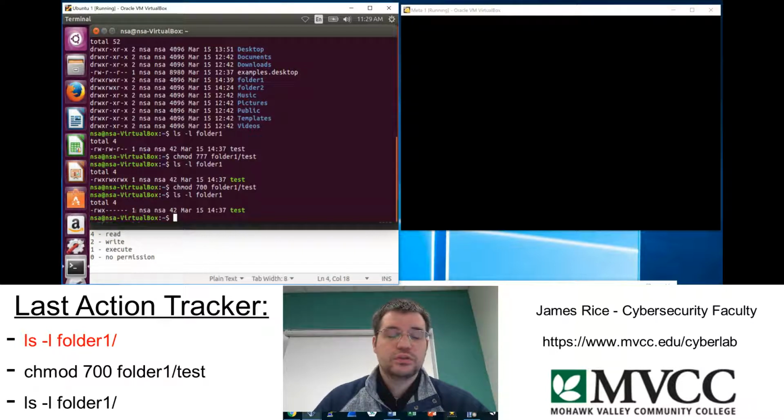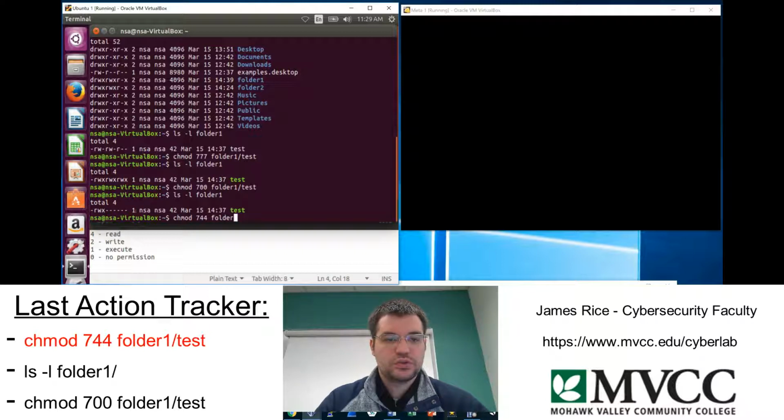Let's take it a step further and say, what if I want something a little bit in between? Maybe I want to have full permissions to the file, so I'll start out with my chmod 7. But I want other people to be able to see the file, and that's it. I only want them to be able to see the file. They can't write to the file, they can't execute the file, they can't do anything else. So how could I give them just read permissions? You could do that through a 4. So chmod 7 4, and then another 4 to say everyone else,